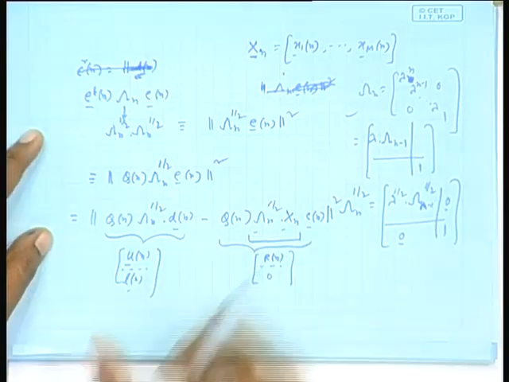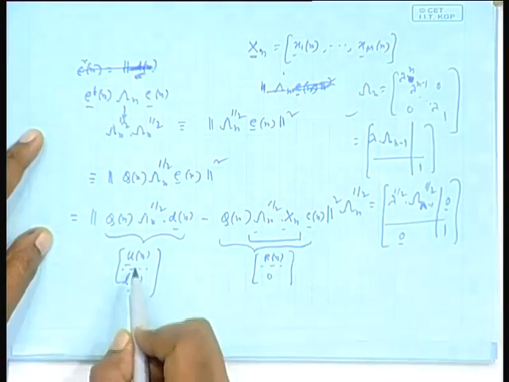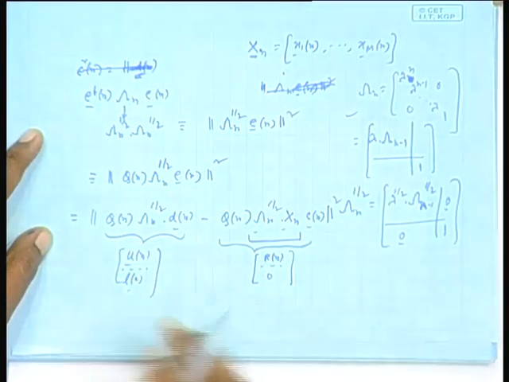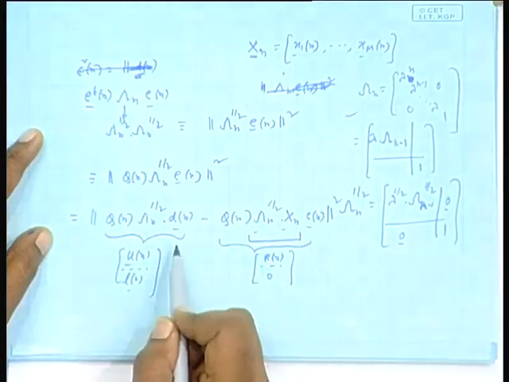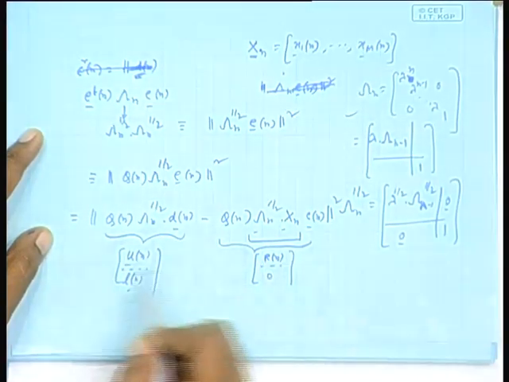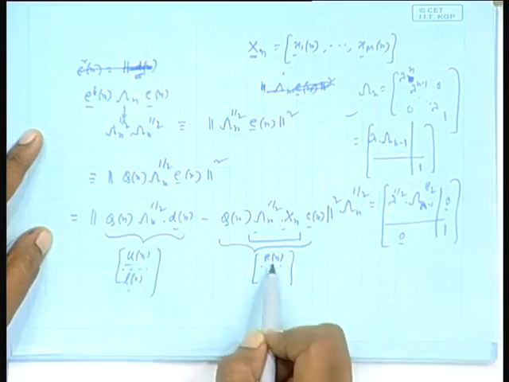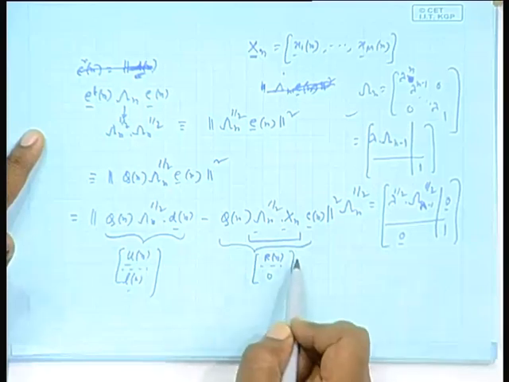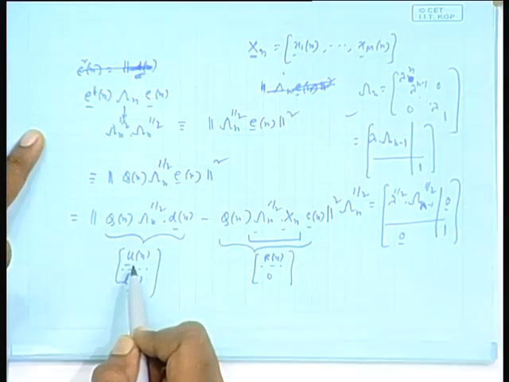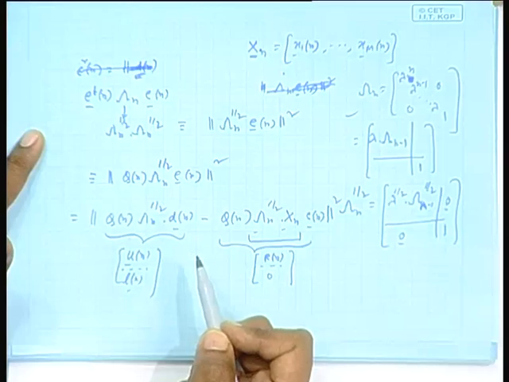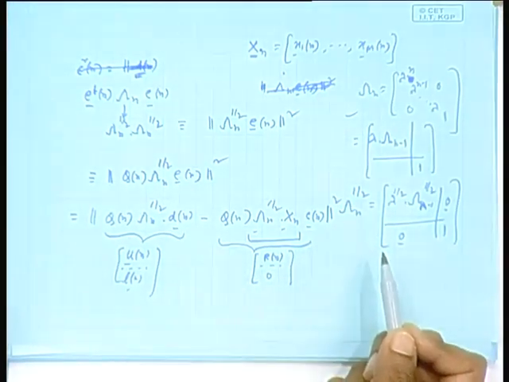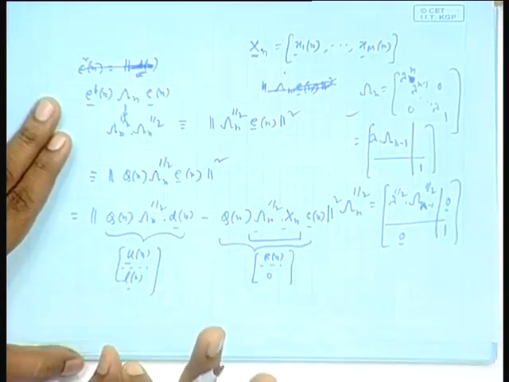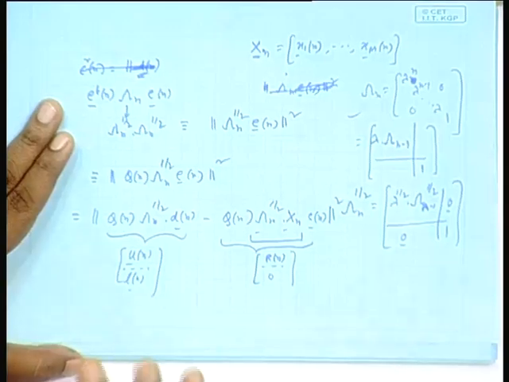Okay. So, what is the total norm square? That is the norm square of u n minus r n c n, the upper part, and the norm square of the lower part l n, which is independent of c n. So, you choose c n so that the upper part norm square, u n minus r n c n, is minimum. The minimum possible is 0, since a norm square cannot be negative. Zero means if you can solve the equation r n c n equal to u n, then that is the optimal one, isn't it? That is how we find it. That is what I said yesterday, and the norm square of l n will give you the corresponding projection error. Okay, that is where I stopped yesterday.